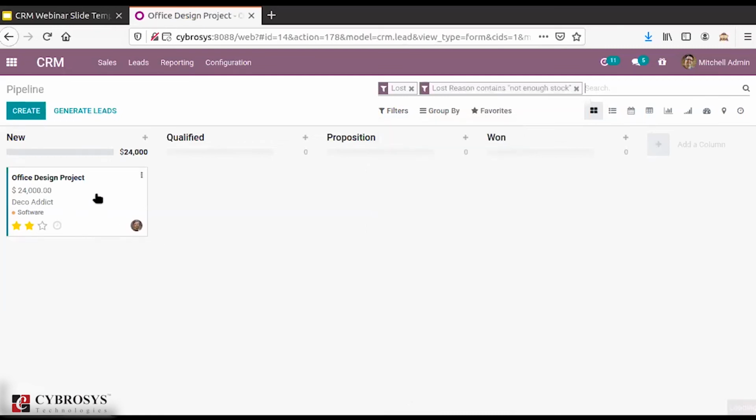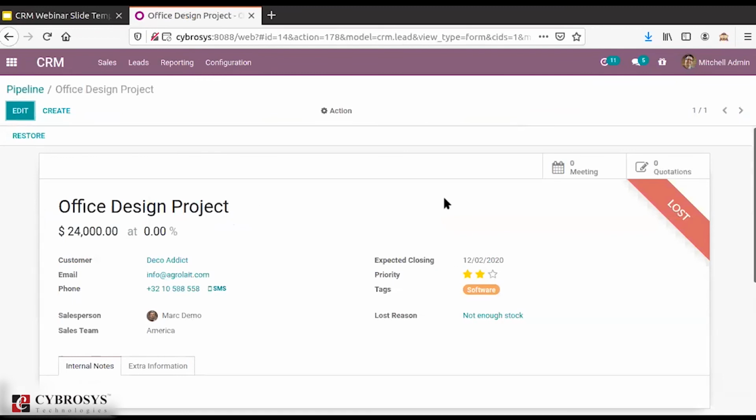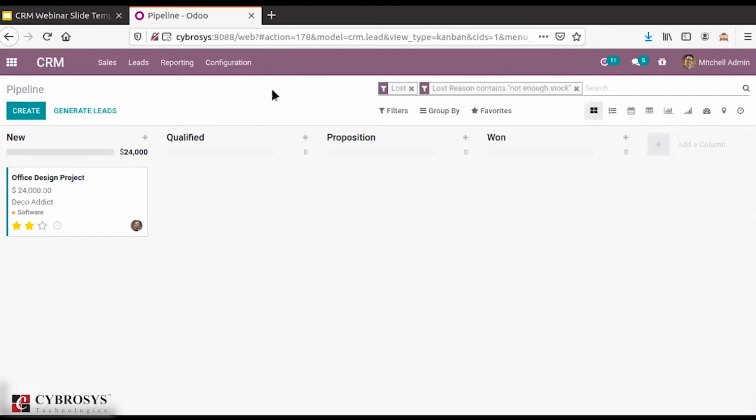Here you can see I have filtered out the lost opportunities on the basis of the reasons. So you also have this option. Here you can see I have filtered out this opportunity based upon the reasons.